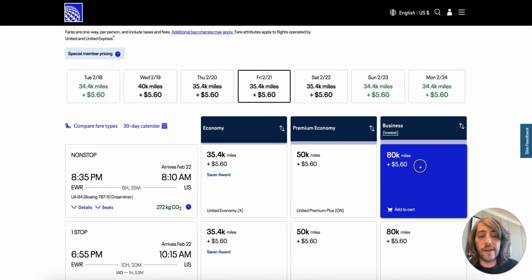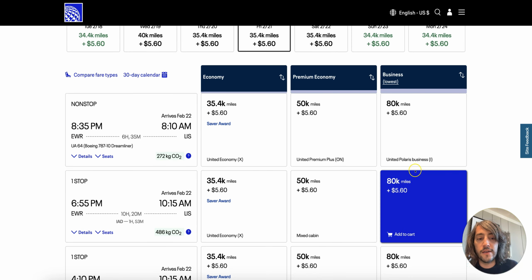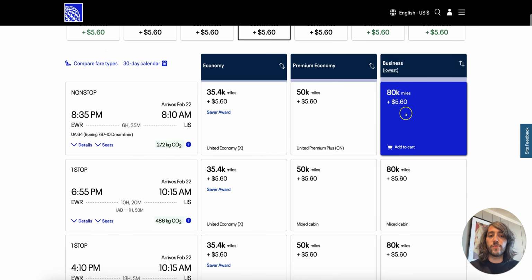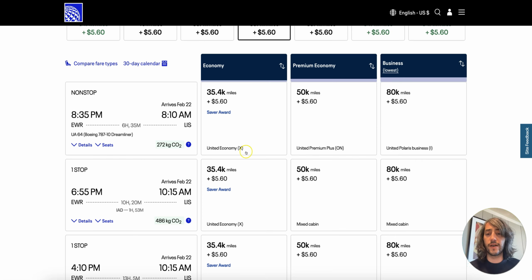Okay, so here's the United one, and you can see connecting through DC also, because there were some DC non-stops there that we saw in the list. So this would be a good option, and probably in the interest of time, I'll just do one way out there, but you would repeat this process for one way back. So 80K, here it is, whatever. You can see the details of like the seats and stuff